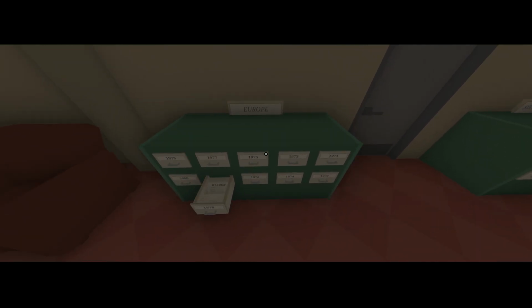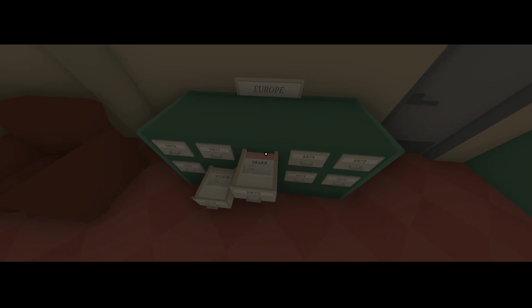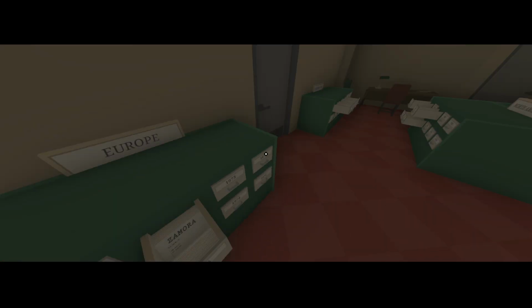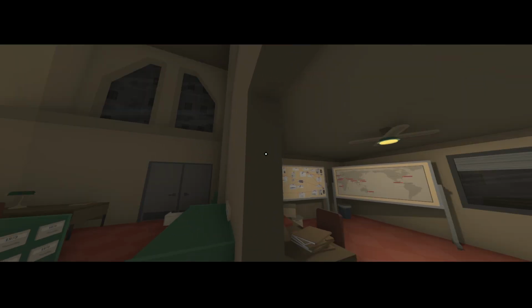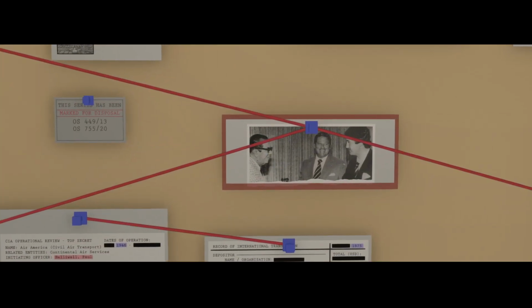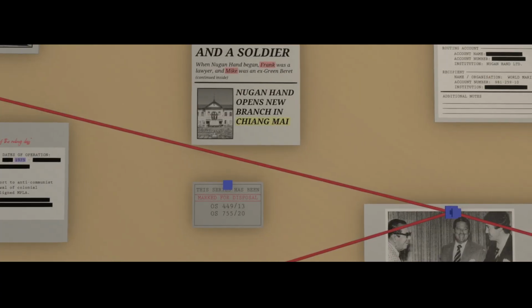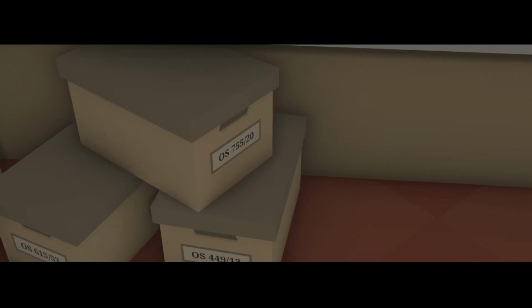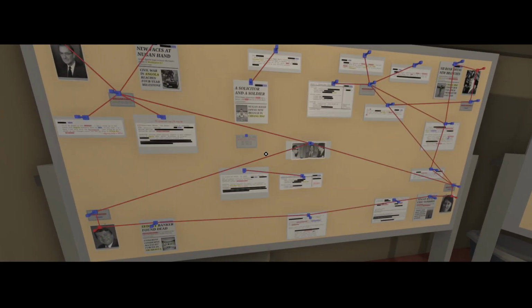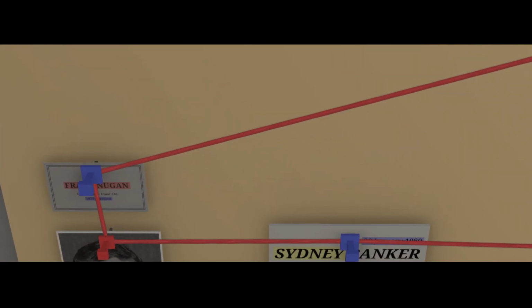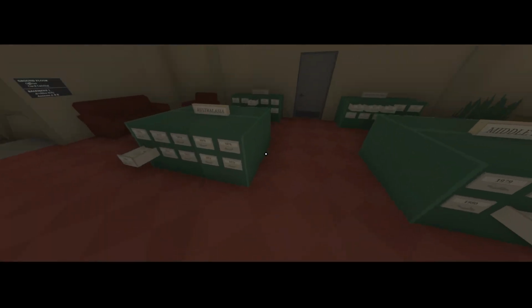Dude, I'm grasping at straws right now. Okay. It's English, Faulkner, Graham, Hines, Nyland, Thomas, Turner, Valdez, Vu, Weber, Xavier, Young, Samora. I'm about to just start rummaging through files. Did I ever grab 449.13? Yeah, I did. We haven't done anything on Nugan. Do we go back to 1973?